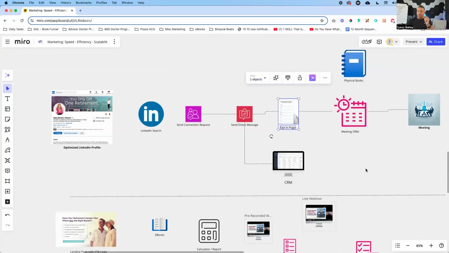Okay. Now, more importantly, one-to-one conversations are the best way to build a relationship with your prospects. You want them to know, like, and trust you. Now, I've heard a lot of people argue against the know, like, and trust factor of financial planning, but for high value clients and high value prospects, they want to have some sort of relationship with their financial advisor, with their retirement planner, some sort of relationship to where they understand that you are the authority figure and you are the subject matter expert, okay? At the very least.